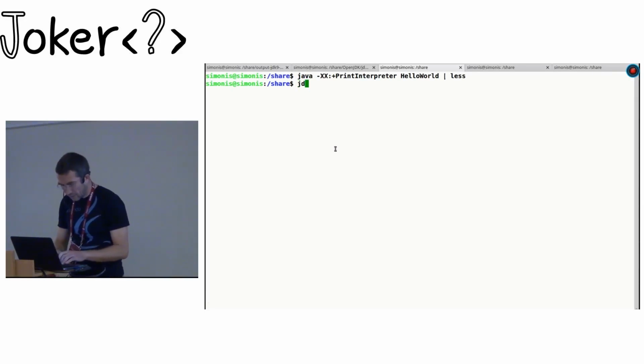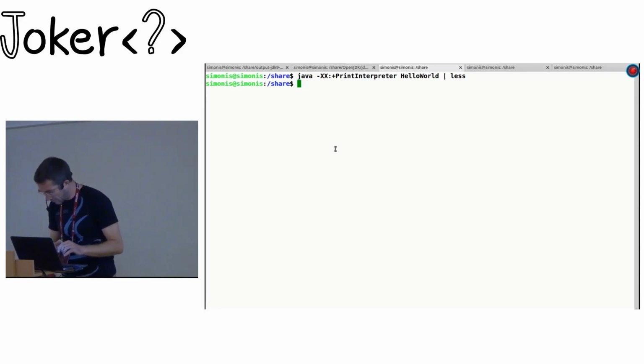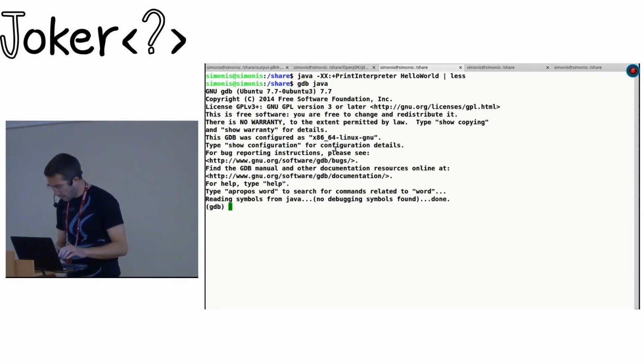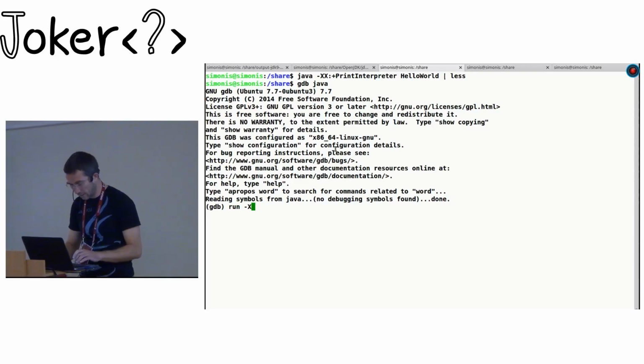Okay, now let's jump into GDB. Let's debug Java now with a native debugger. What we first do is we run again this command to grab the address of the bytecode and to place a breakpoint into the generated code snippet for iadd. So I say again run -XX:+PrintInterpreter